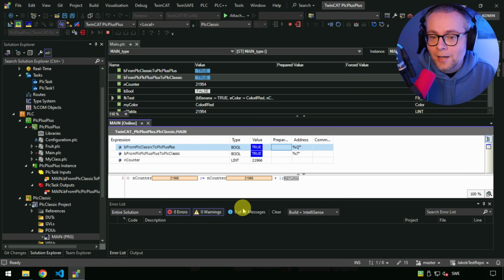And I mean, one thing I haven't talked about here at all today, which is one of the features here, is that with the new combination of the new compiler and the new runtime, we get much, much more performance. So it's a factor of 1.5 times faster runtime performance with the new PLC++. So it really gives you an incentive to transfer your code to the new PLC++, because you're just going to